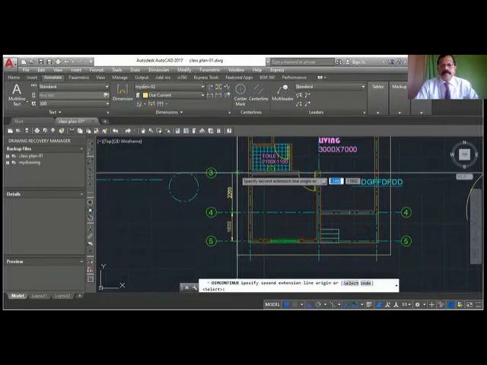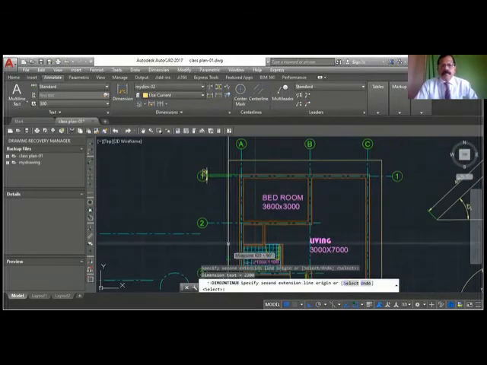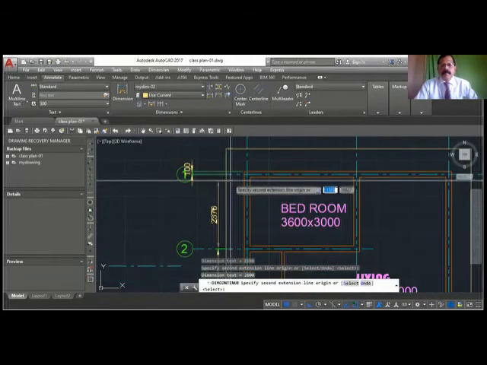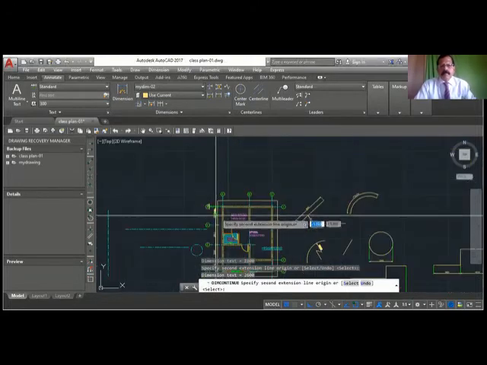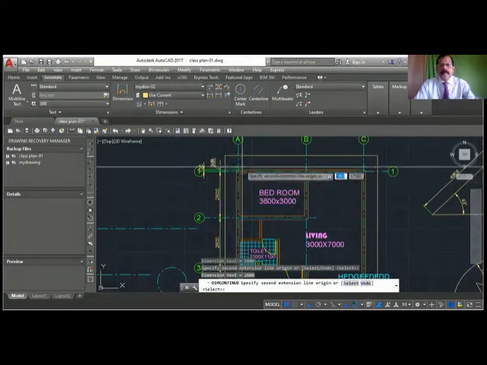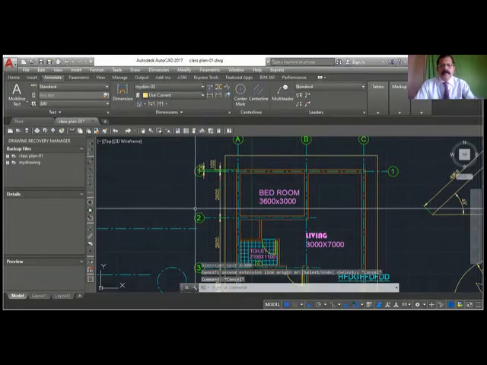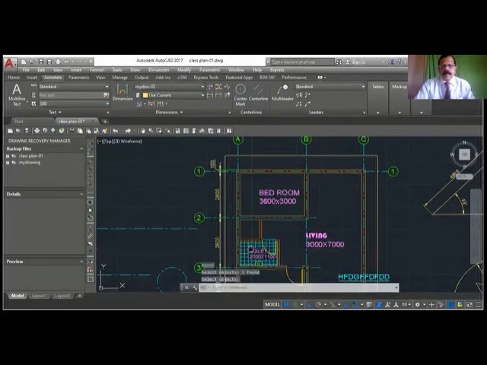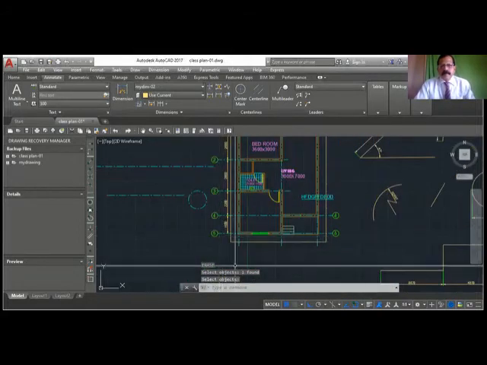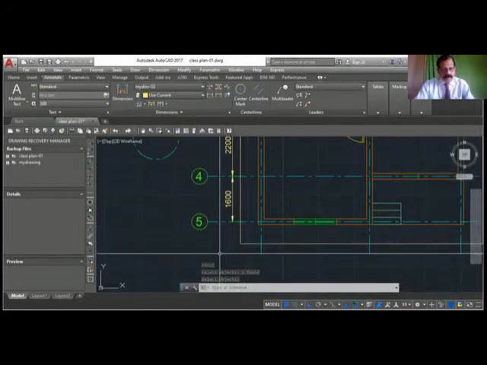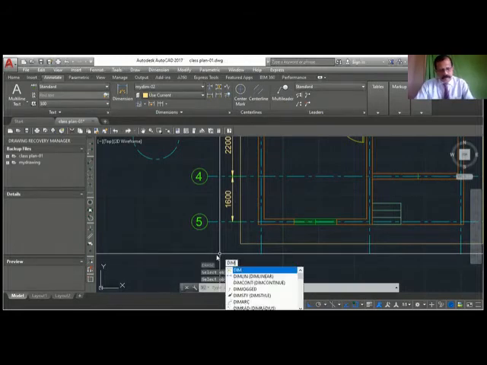Continue. So anytime, when I say dim continue, I have to do from here.